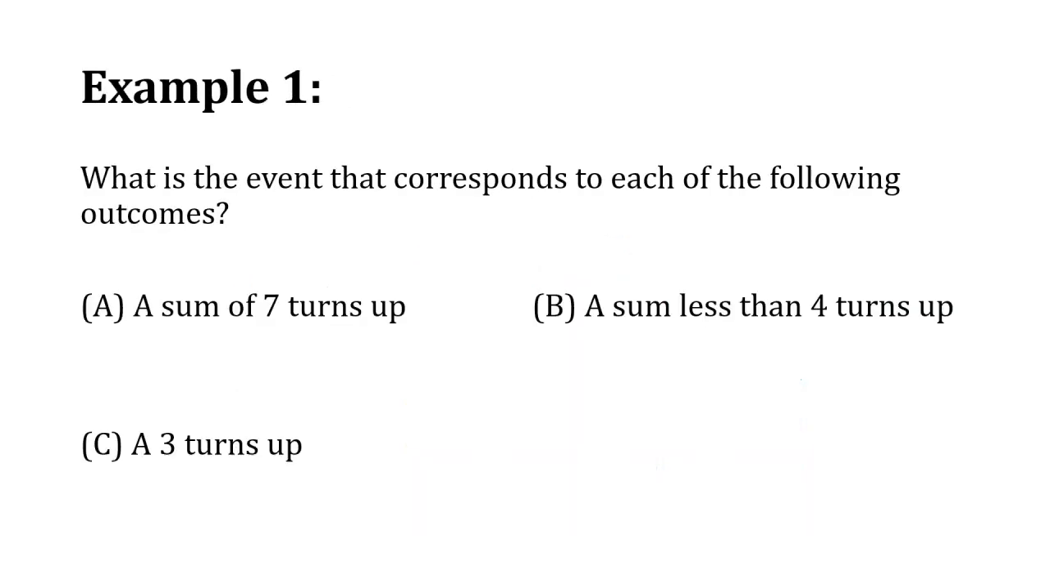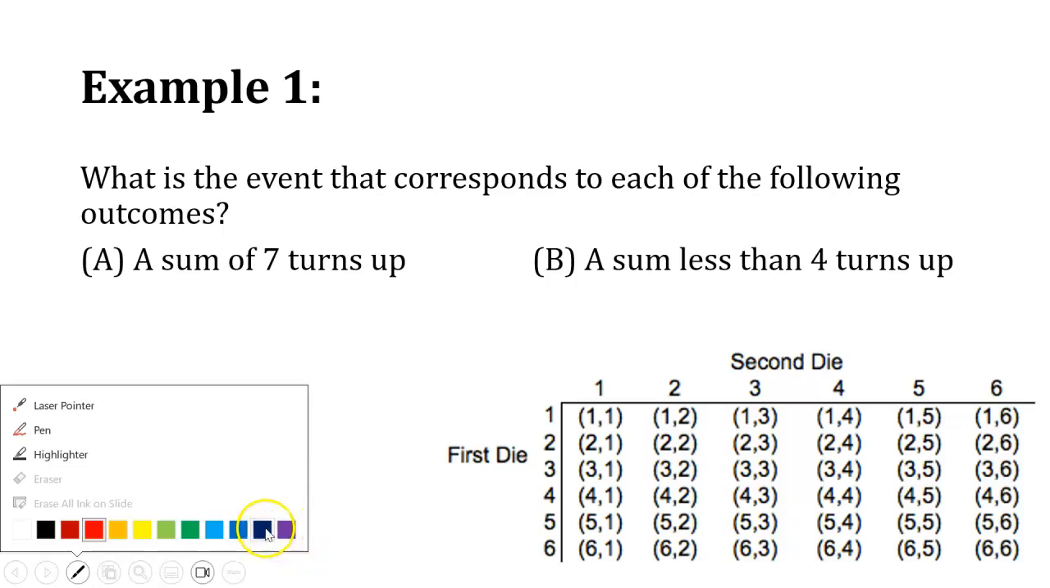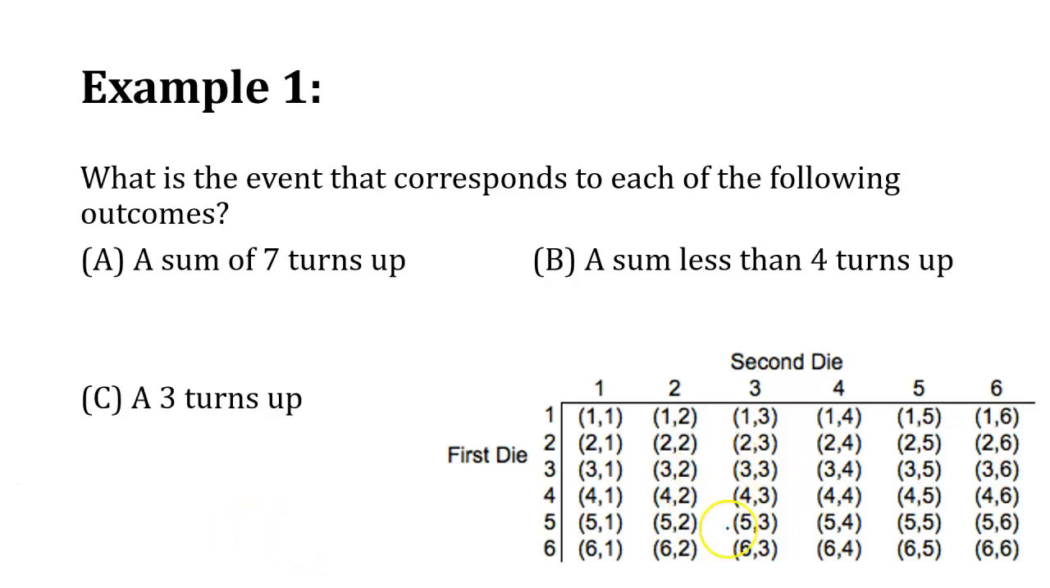So the first example: what is the event that corresponds to each of the following outcomes? All right, what is the event for the sum of 7? So let's go back to our chart and find